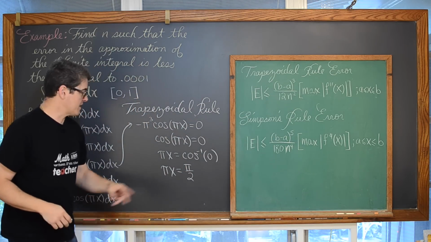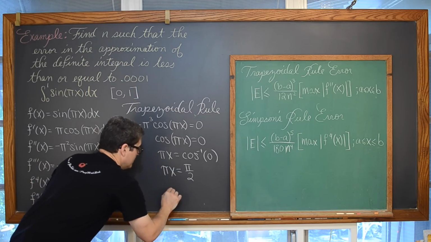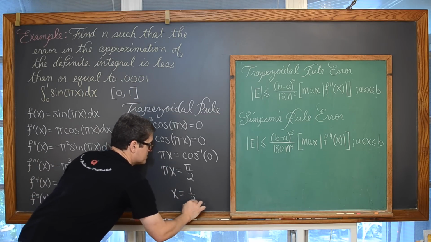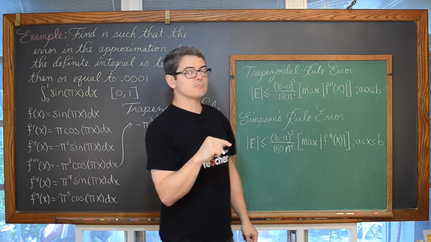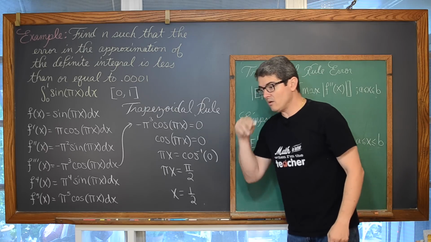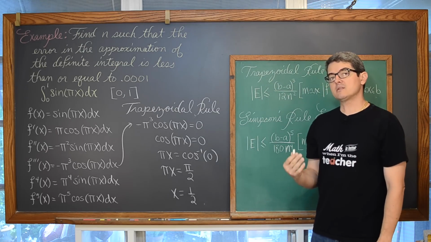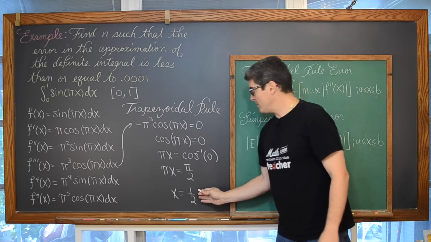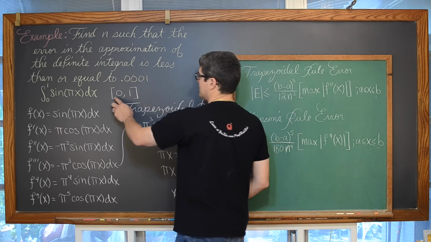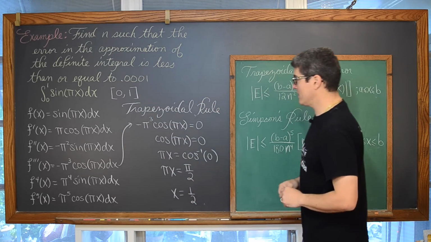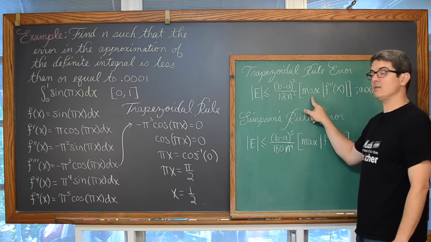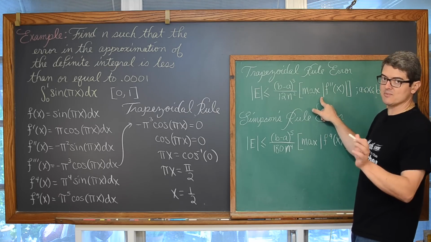Now, trying to solve for x, we're going to divide both sides by pi, and of course get that x is equal to 1/2. So now this time, unlike the previous example, we do have a critical value that we need to test on the closed interval because 1/2 is between 0 and 1. So we're going to, again, need to find the maximum value of the absolute value, don't forget the absolute values,